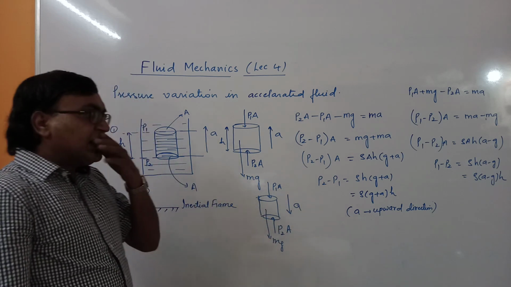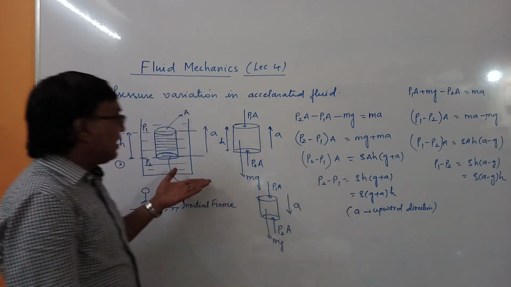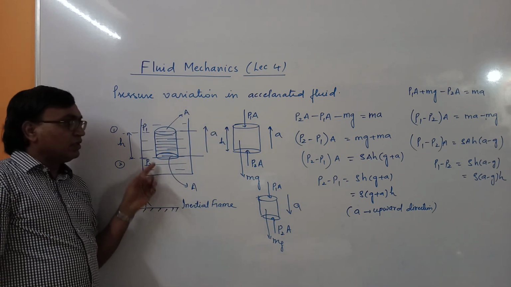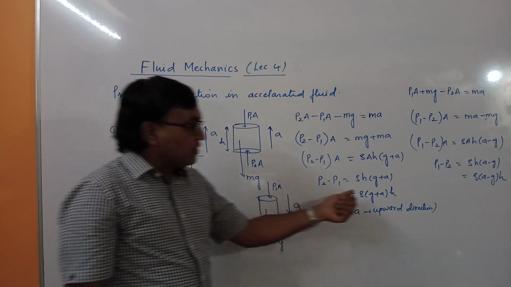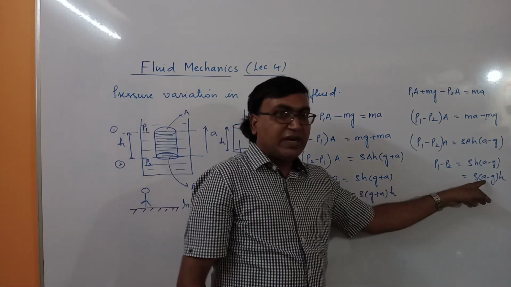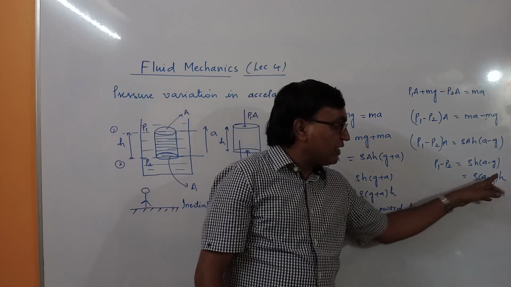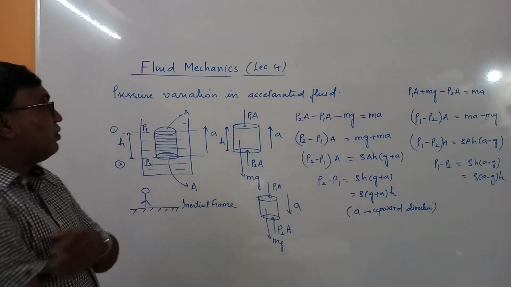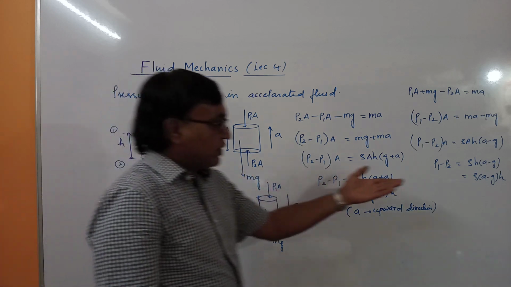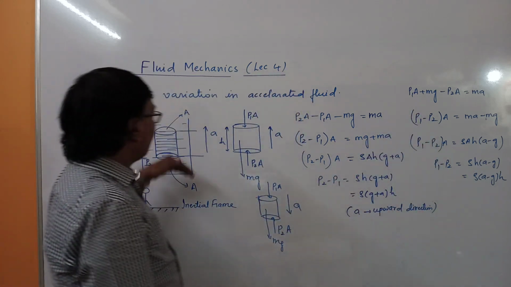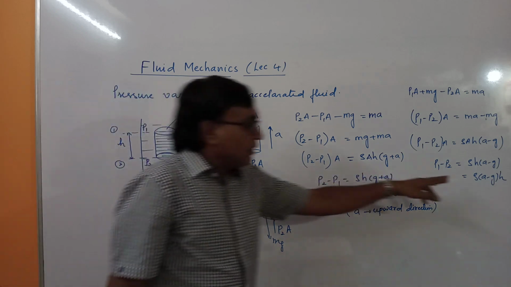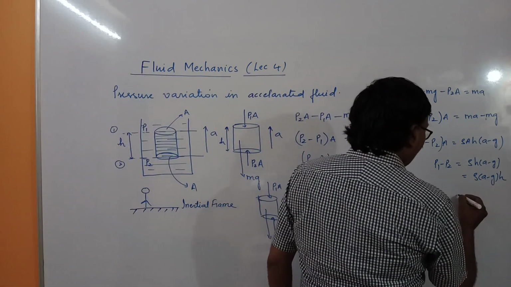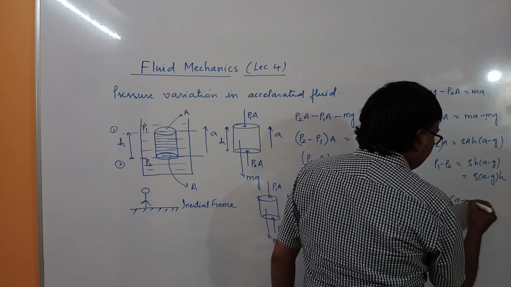Okay, so that is nothing but the effective acceleration. When it is accelerating in the upward direction, as seen from this frame, the effective acceleration will be g plus a, and when it is accelerating in the downward direction, the effective acceleration will be a minus g. Fine, so here we can find the pressure difference like this. When it is accelerating downwards, a minus g; when accelerating upwards, it is a plus g. So this a is downwards.